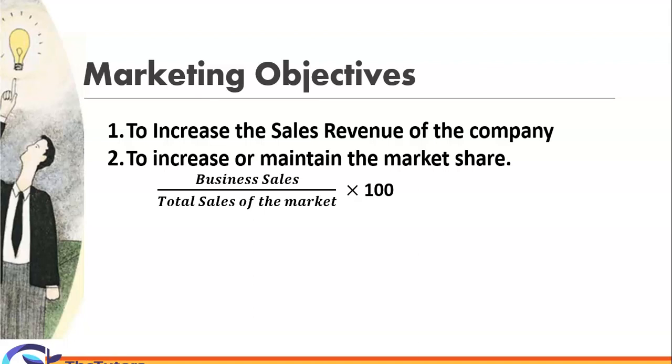But still the company tries to either maintain or increase it from 35 to 40, 45. They are always in a big war to compete with each other to increase market share. And here the most benefit goes to the customer, because they try to reduce prices, and some of them try to compromise on the quality of the product also. Then there are different scenarios. Anyways, the third one,